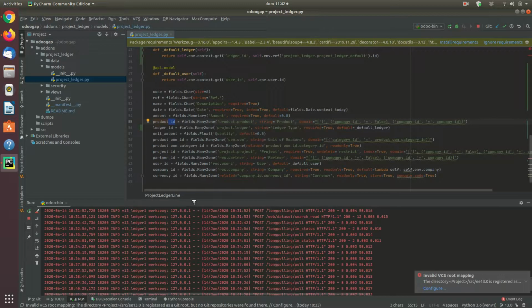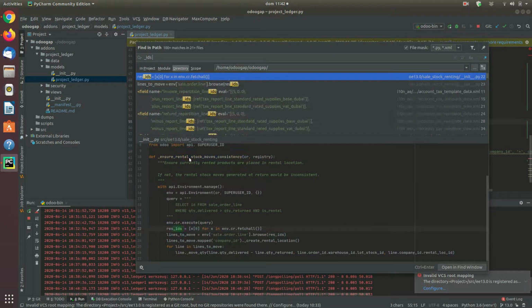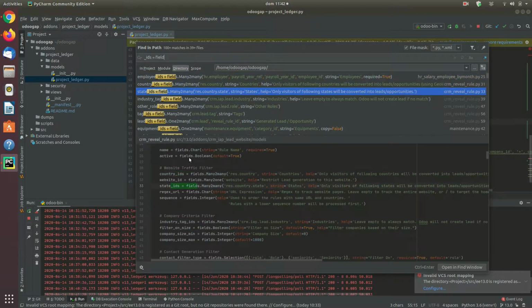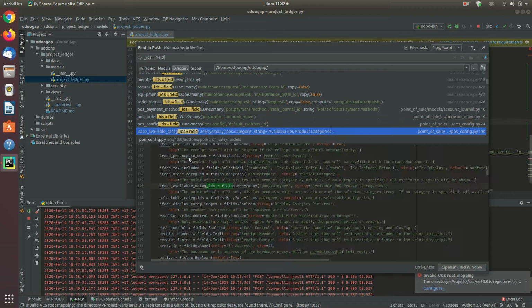If you're using a one to many or a many to many, it will always end with underscore IDS. So if I just do for IDS equal fields, you'll see you only have many to many here, one to many. It ends with many. So just looking at the name of the field, we know exactly what it is, right? And so for each field,